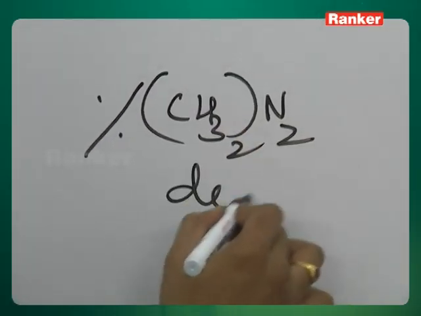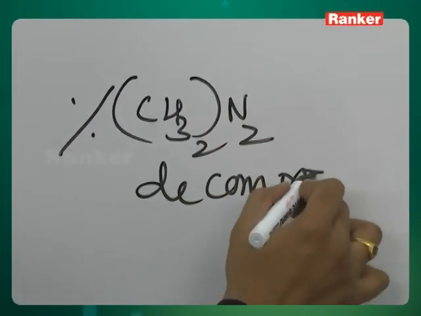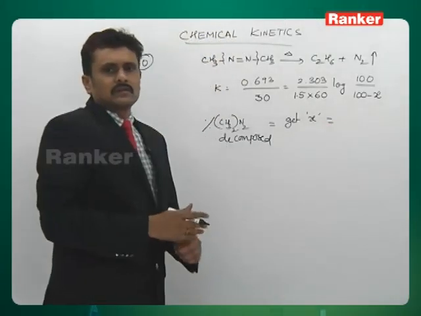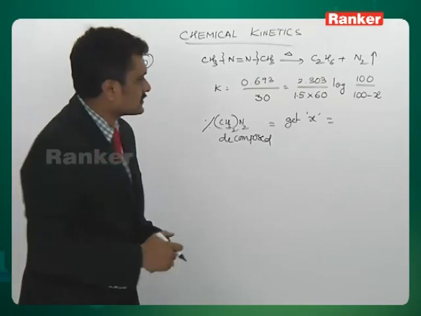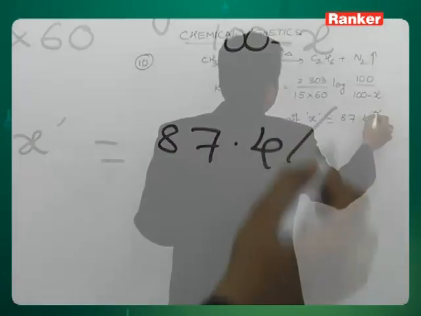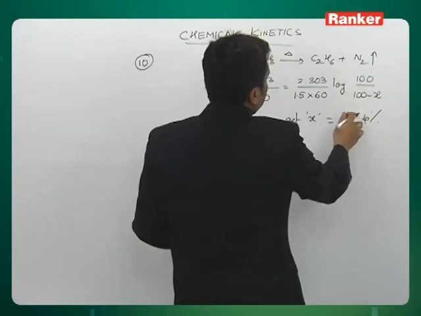decomposed is nothing but x, whose value is found to be 87.4%. If you substitute the total as 1, you will get that as